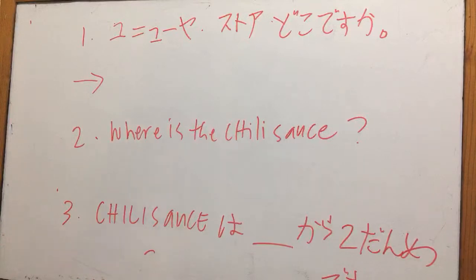Migi no oku ni spice corner ga arimasu. Chili sauce wa, this one, shita kara ne, shita kara. So from below, shita kara, second shelf. Okay, if you will count from below, second shelf. So, 2段目です. So, 下から, from below, you will count the second shelf. So, 1, 2, so there we have the chili sauce. Yes, 2段目, second shelf. And it's in the spice corner. Okay.